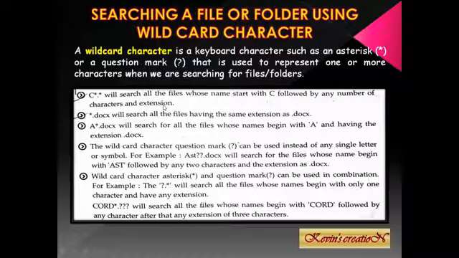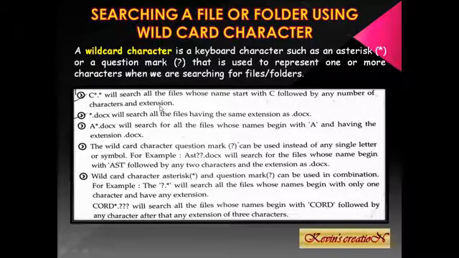So the name of the file could be of any characters, 5, 6, 10, followed by any extension. Whenever we save a file, it is saved with a file name and an extension, and we'll be studying about this extension.